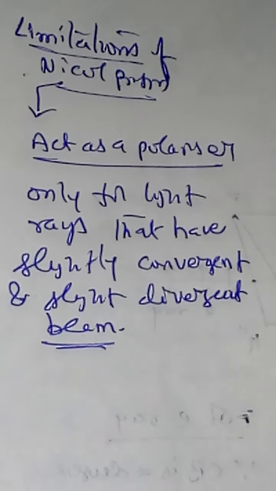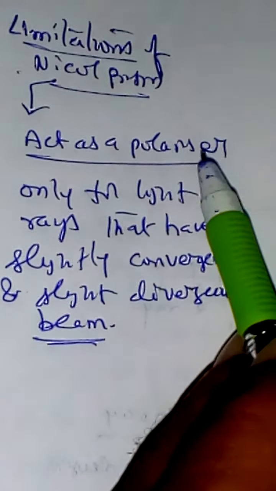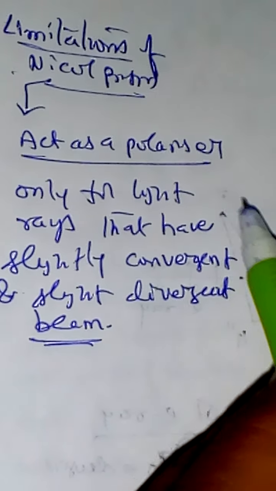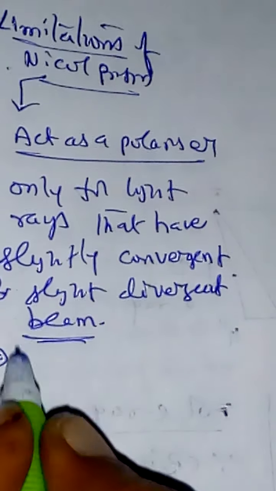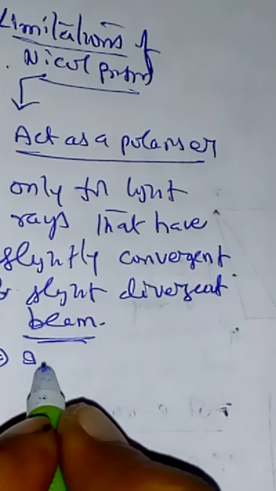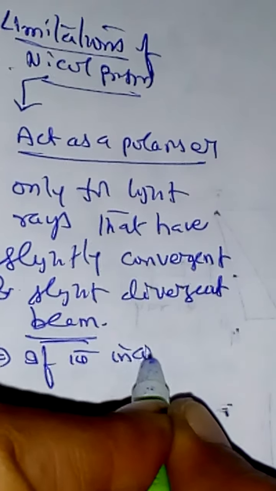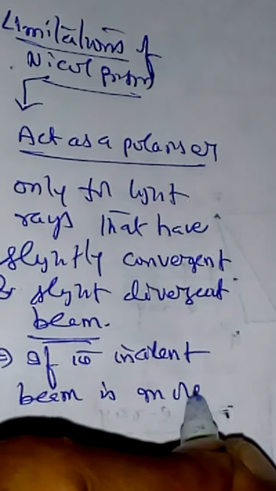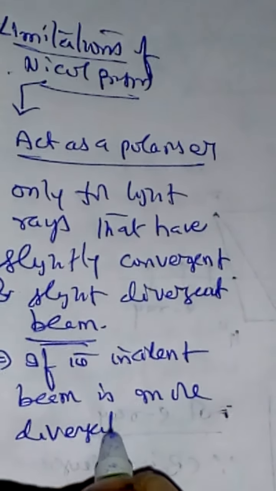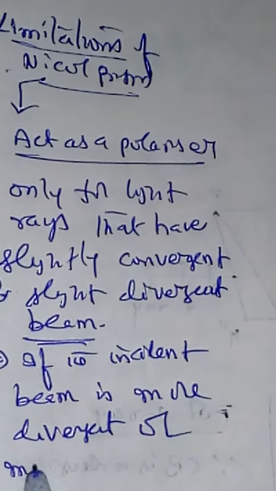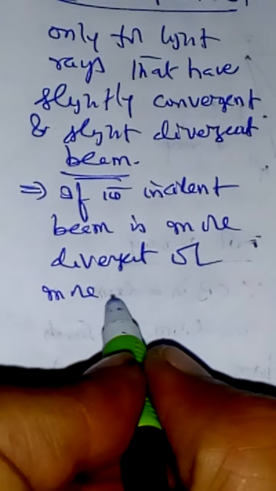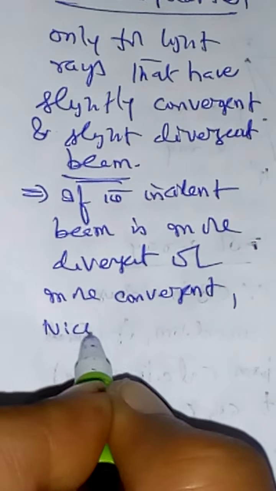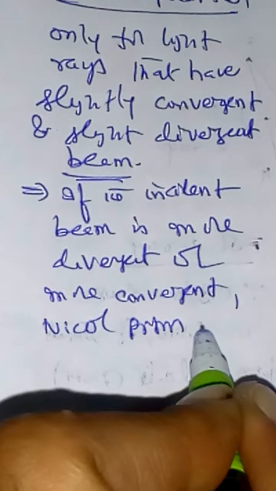That means it cannot act as a polarizer for more convergent and more divergent beams. What does it mean? If the incident beam is more divergent or more convergent, the Nicol prism